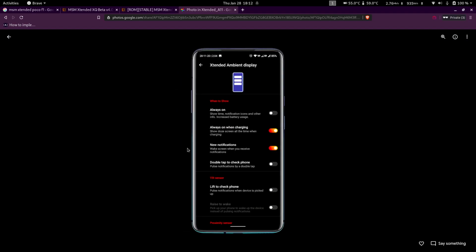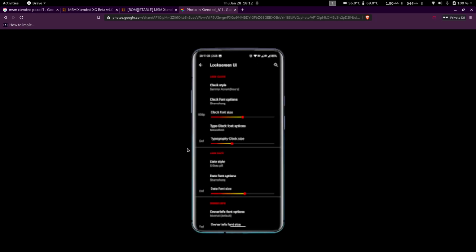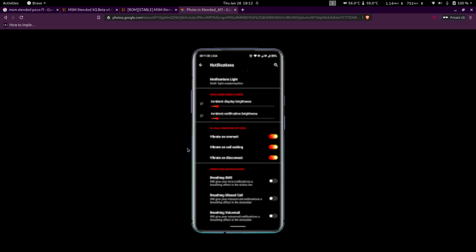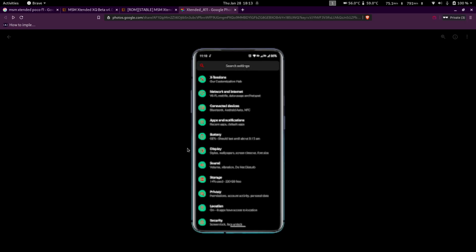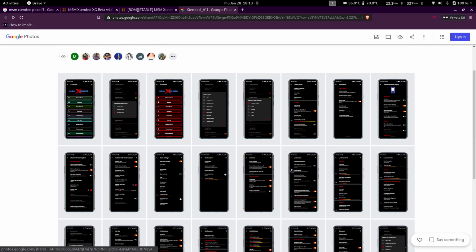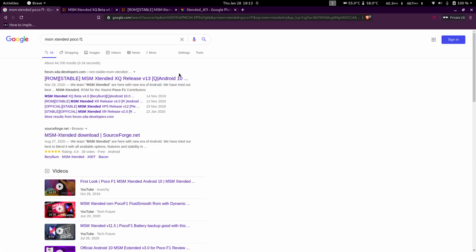Yeah, so basically you can have your own themes. Okay, how do I show you features? So basically, you see how your battery icon looks on your phone, right?